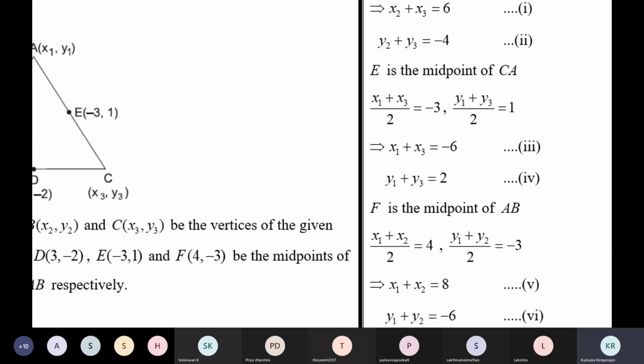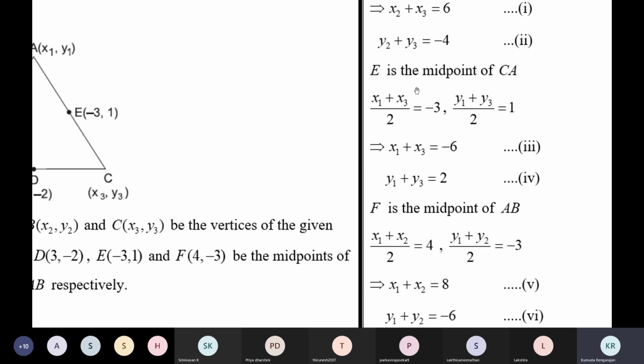Okay, now you got x1 plus x2 plus x3 is 4. But you know that x1 plus x2 is 8. Any order you can do it. Now you know x1 plus x2 plus x3 is 4, but x1 plus x2 is 8. So substitute x1 plus x2 is 8. So 8 plus x3 is equal to 4. Correct? x3 is equal to 4 minus 8, which is minus 4. So like this, substituting, you can find the values of x1, x2 and x3.